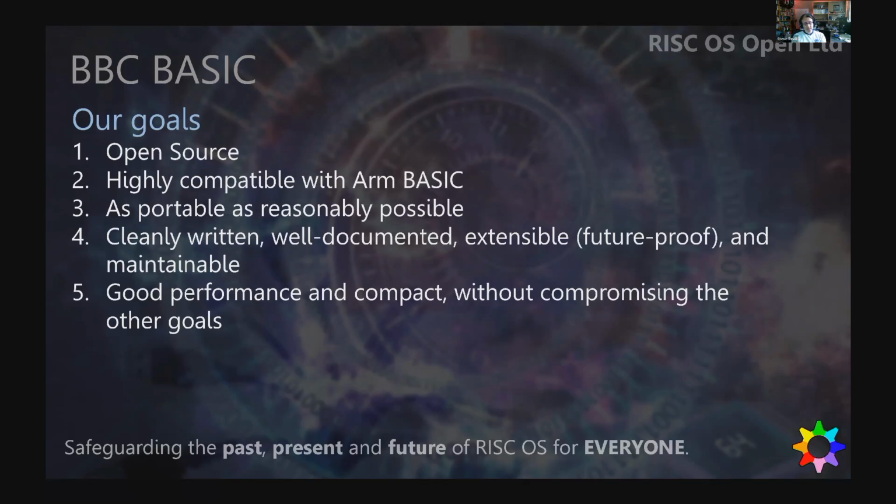We also wanted to make it run on as broad a selection of machines as possible. So even to the point where I can run my version of BASIC on Windows if I want at the moment. So it could potentially be ported all over the place, but really the main job is to make it run on RISC OS. And unlike the ARM version of it, the whole point is to make it maintainable. So people have to be able to read this source code and understand it and maintain it and add features to it and just make it into a richer, better language in the future.